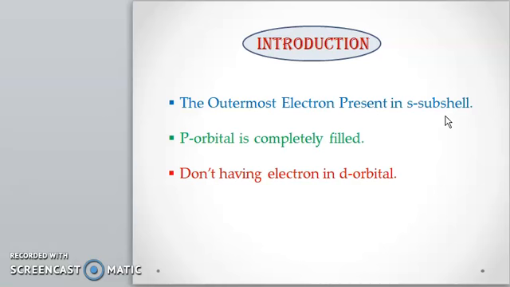Also, from the electronic configuration of these elements, the p orbital is completely filled, and the unpaired or outermost electron is present in the s orbital. They don't have a single electron in the d orbital. So this is the introduction